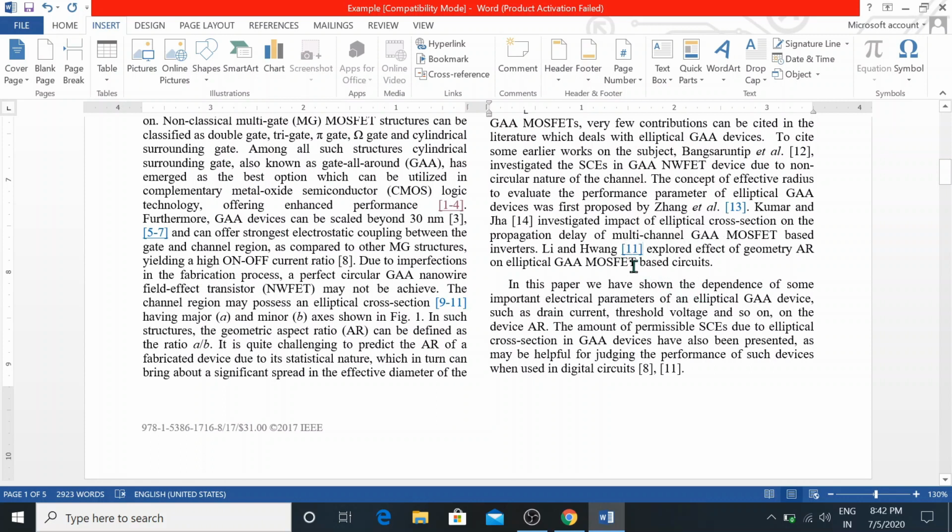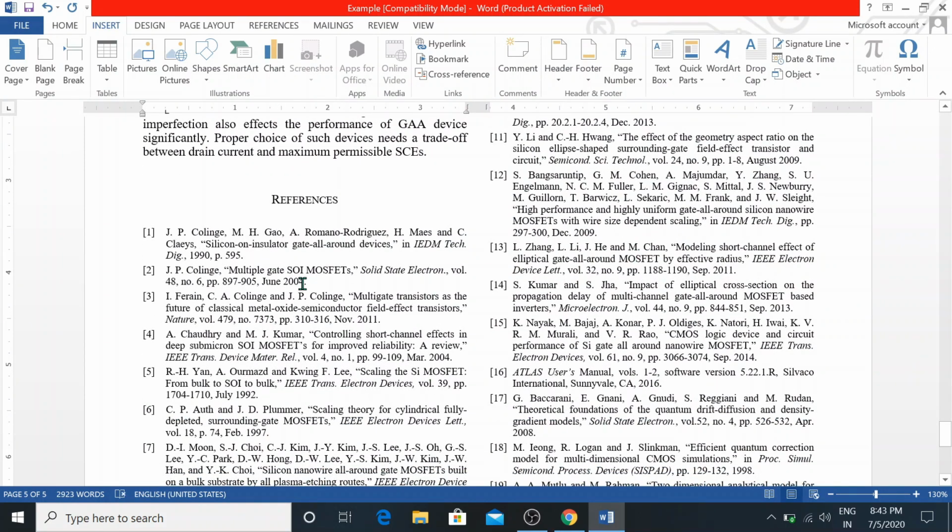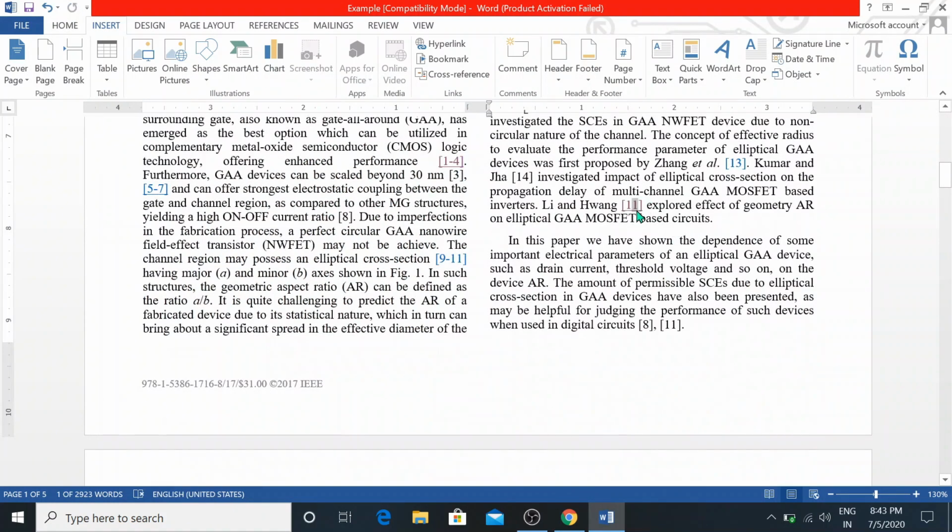Now when you again click by pressing the Ctrl button of the keyboard plus the left mouse button, you will go to the reference page, which is again on page number 5. And for going back to the first page, press Alt plus the left arrow button of the keyboard, which will lead you to reference number 11, where you clicked. In this manner, you can jump between pages, from first to last or anywhere in your article.